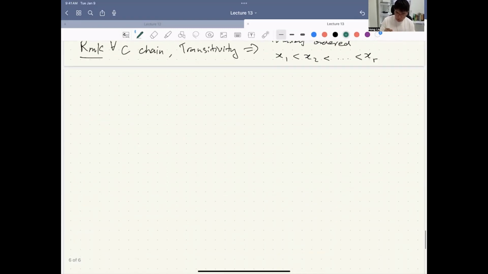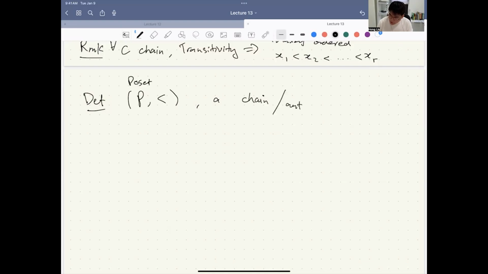Maybe let me make a separate definition. Given a poset P, a chain or anti-chain decomposition of P